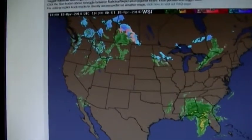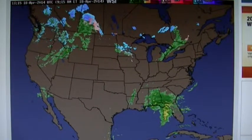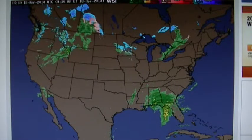And we're going to see this activity up here. More mysterious stuff suddenly disappearing. Okay, 8:15, 9:15. Okay, so that disappeared, and then it reappeared again. So that's just a radar anomaly. So that's basically the summary. The rain amount from yesterday was...